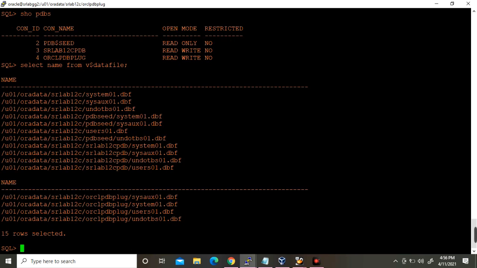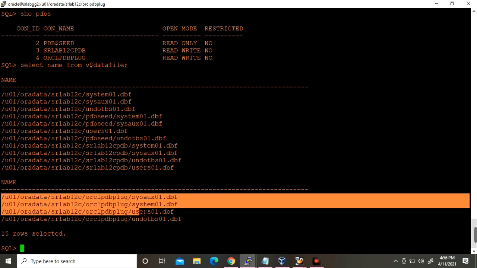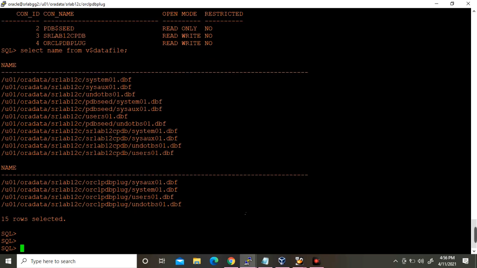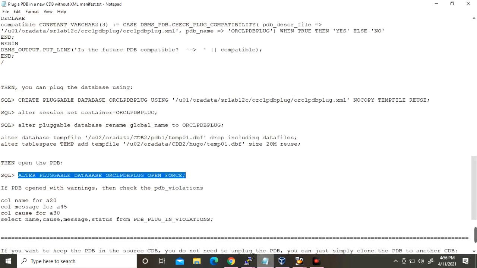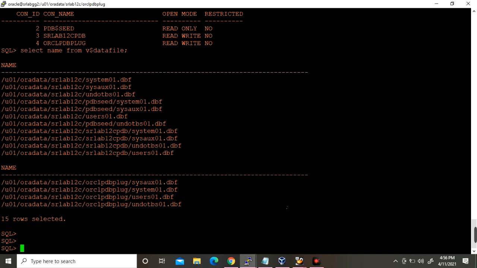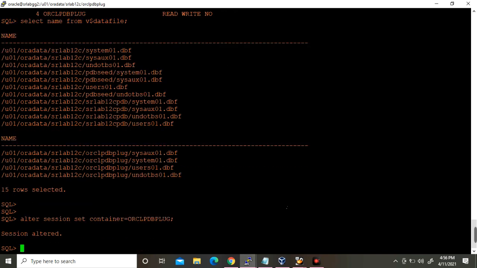The data files, everything will be displayed as expected. So you can see these are the data files, open. And then we can go ahead and check whether any invalid objects or any invalid components are there.